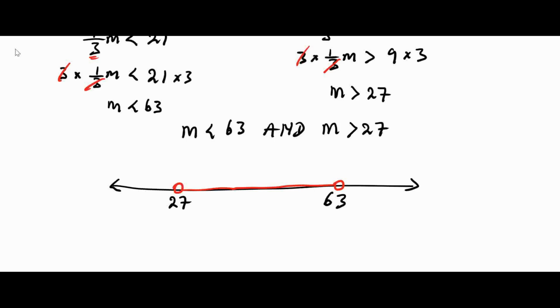So we can also solve this question in another way. So let's use the second method. You choose the one that best works for you. All right, so let's take the question again. The absolute value of 1/3 m minus 15 is less than 6. So if it is less than, and you are supposed to use and,